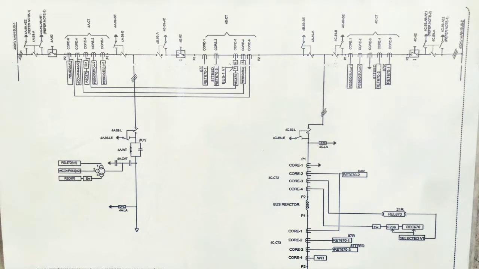Next, as you know, the wave trap is connected in series with the outgoing line, and it is connected only in the R and Y phases, not in the B phase. The wave trap stops the carrier signal at higher frequencies and allows only the lower nominal frequencies of 50 or 60 hertz. It is connected in two phases, mainly R and Y, of the three phase circuit going from one substation to another, because most of the time the carrier signals